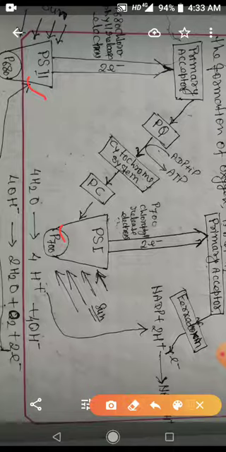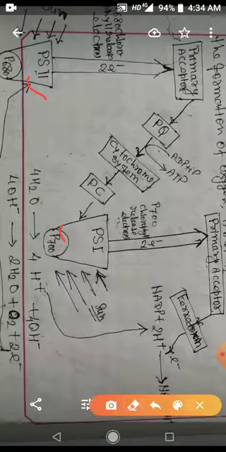There was formation of ATP. But in non-cyclic photophosphorylation, when electrons are passing through the electron transport chain, there is formation of ATP and formation of NADPH. In cyclic photophosphorylation there was no photolysis of water, no oxygen given out, but in non-cyclic photophosphorylation